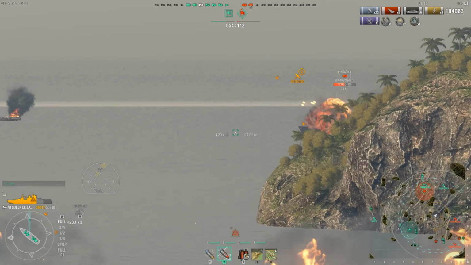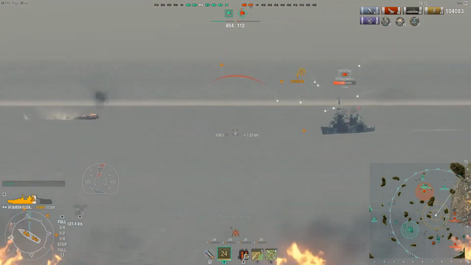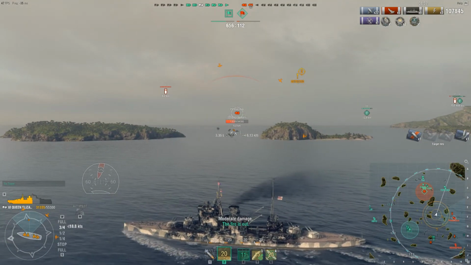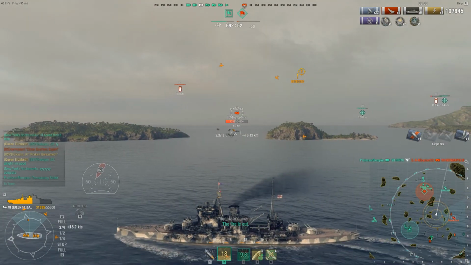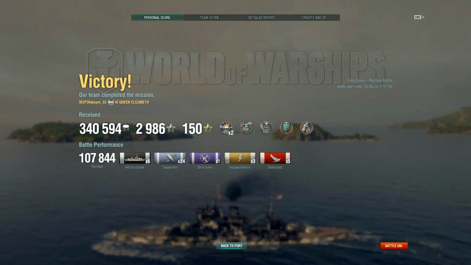I'm very satisfied with this game, and we are going to cap out, but might as well get some additional damage in as well. So, there we go. Not a bad game. So our team earned a victory by capping out the enemy team. We brought home 340,594 silver, 2,986 XP, and 150 free XP. Two devastating strikes, one Kraken Unleashed, first blood, and damage-wise, not too bad,